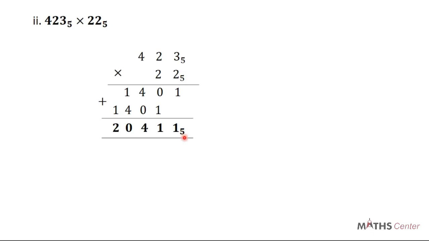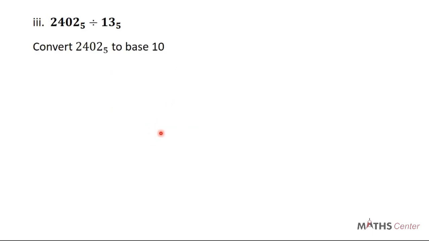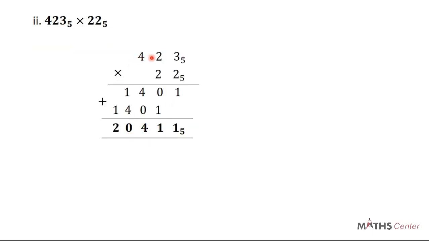And we are doing the addition in base 5. So it means that if you multiply 423 base 5 by 22 base 5, you're going to have 420411 base 5. Once again, if you are finding it difficult following how this multiplication and addition is done, just